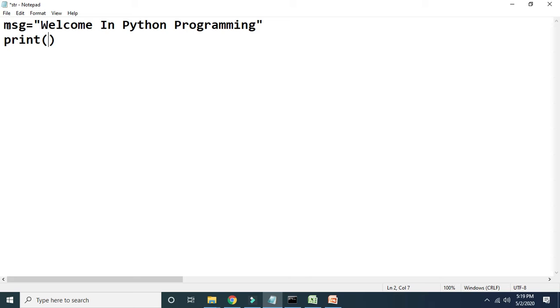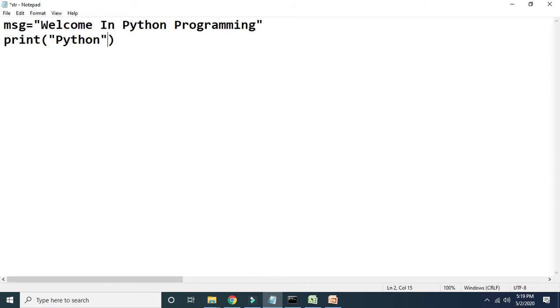If this is the case, what do we have to check? We have to check Python. I want to check whether this Python is present in MSG or not.